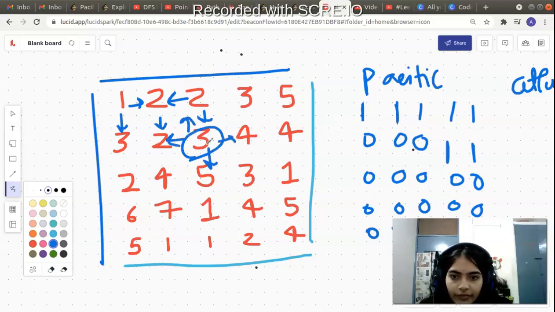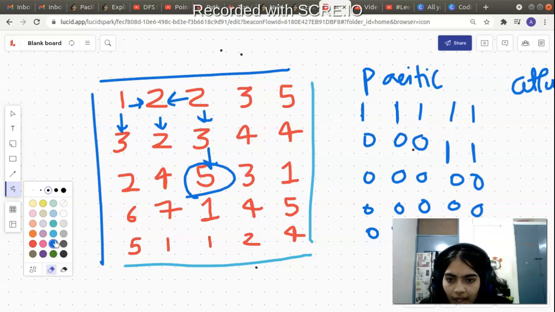When it makes function calls to all of its 4 neighbors, the topmost neighbor will simply return back. It's already 1. The left neighbor, 2 is smaller than 3, so it will return back. Then it will go to the function call of its right neighbor. Right is already 1, so it will return back. It's going to the function call of its down neighbor. So now the down neighbor is 5. 5 is greater than 3, this is fine, so this function call will be valid. And now we are going to again make the function call to all of its 4 neighbors.